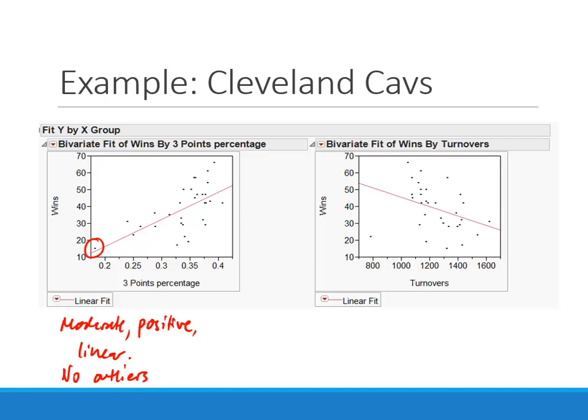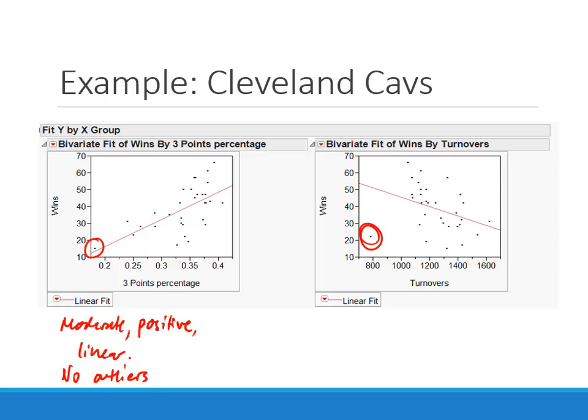All right, real quick, let's look at the other one. If I look at the wins versus the turnovers, again, what can you say about that? Strength, direction, form. Looks like the outlier is influencing it a lot. Yeah, so this point over here might be concerning, right? So if you ignore that point, well, it's